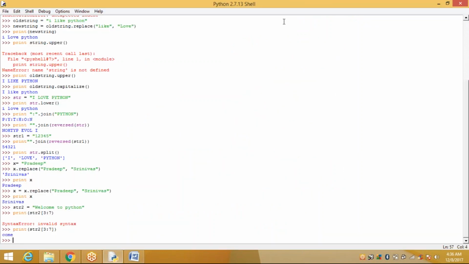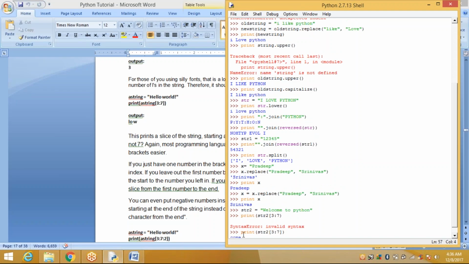See here, I'm applying the range value. I'm defining string str2 is equal to welcome to Python, so I want to display the range. Print str2 in the range of 3 to 7. See here, what is the array of the string?